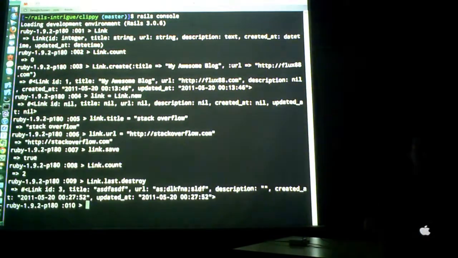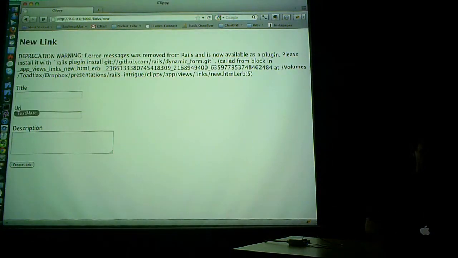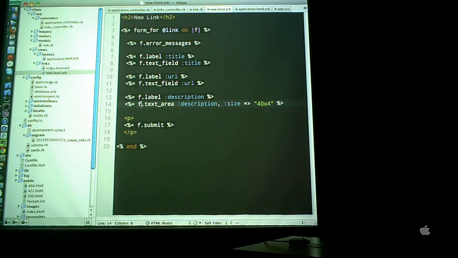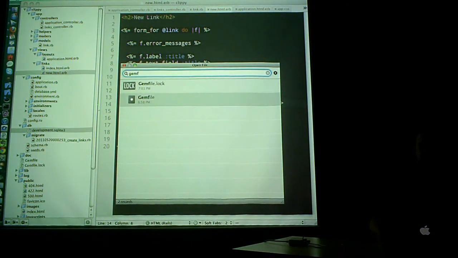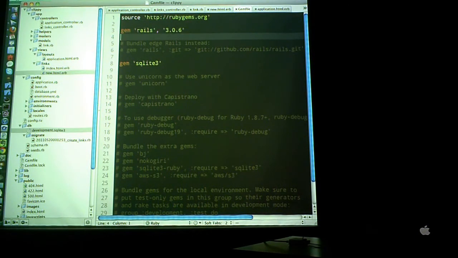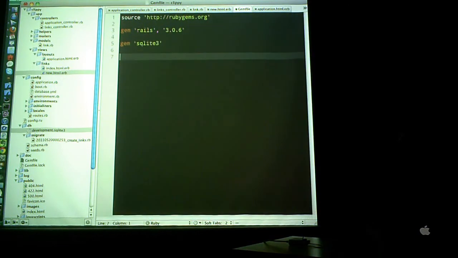So what I want to do is make my application dependent on another gem. I'm going to go over here into my Gemfile, and this is the one that came with Rails, and I'm just going to delete all the other crap in here so you can see what's going on. So this is my gem source. It's going to look for gems on rubygems.org. It's using Rails version 3.0.6 and the SQLite gem. So I can just add something in here called dynamic_form,